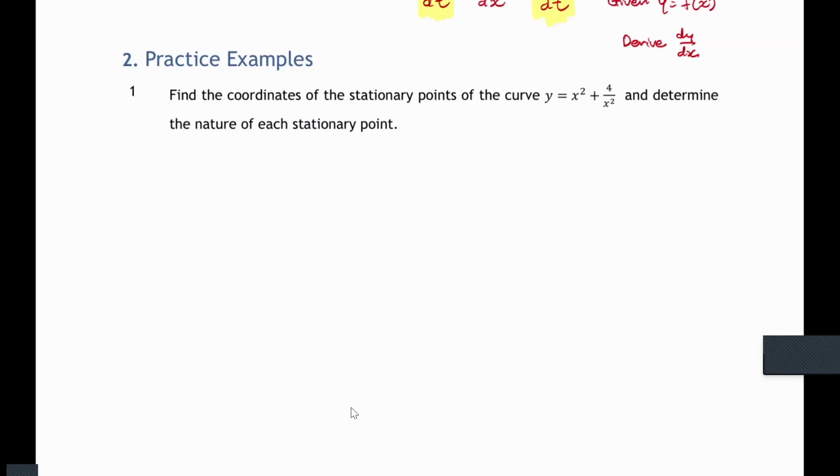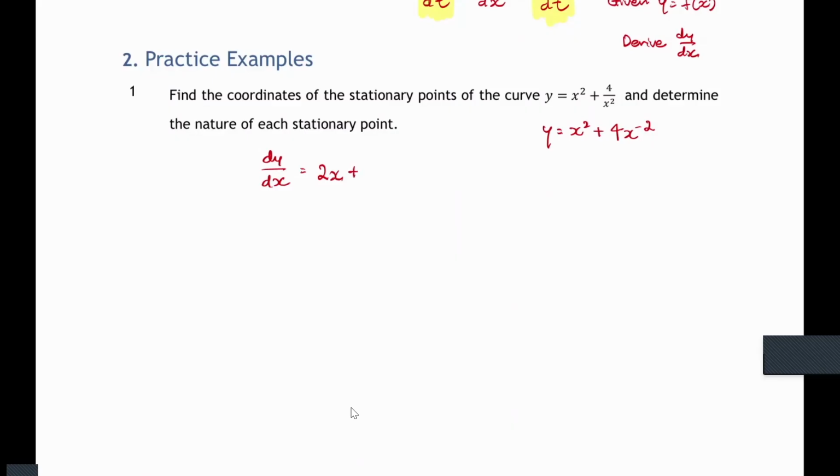Can, here we have the curve y equals f of x. We want to know the nature of stationary points in this curve. So what I want to do is I must find the gradient function first. Very straightforward, right? So I find dy/dx, I'll differentiate the function. x squared when I differentiate, I'll get 2x. For this function specifically, maybe it's more useful for me to write in exponential form. So when I have y equals x squared plus 4x to the power of negative 2, the negative 2 is easy for me to apply the power rule when I differentiate.